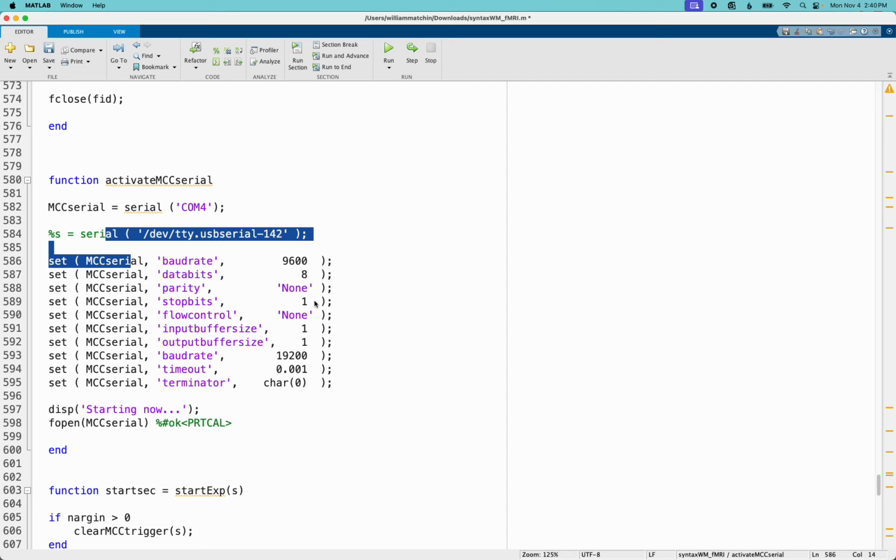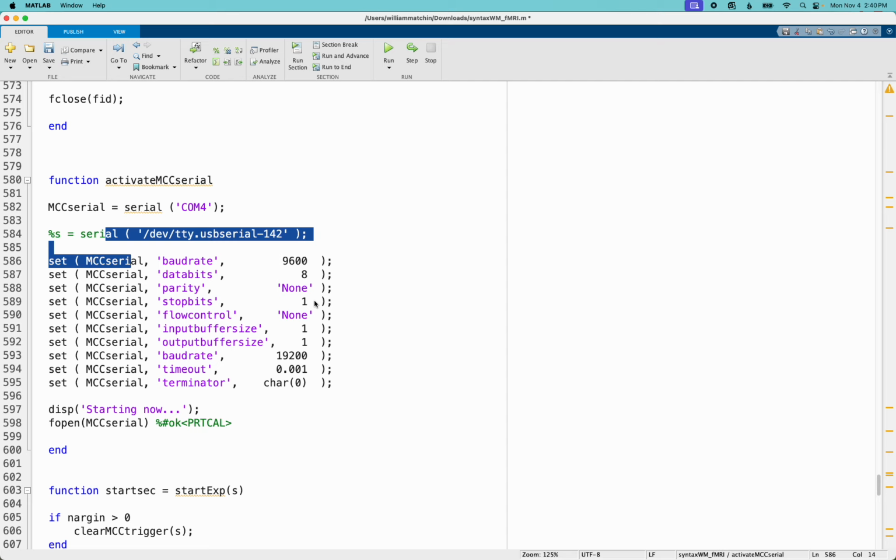And the scanner could send a signal to us basically of when it's collecting data. And then we can use that to tell it when to present stimuli. But in practice, a lot of people don't do that, including me. It's annoying to figure that out. So we just assume the scanner is correct,